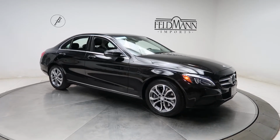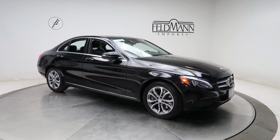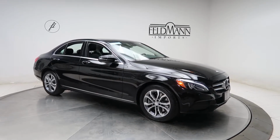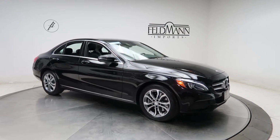Today we're taking a look at a 2017 certified pre-owned C300 4MATIC. This one's black. Underneath the hood is a 2-liter 4-cylinder turbo with 241 horsepower and 273 pounds of torque. This one has front and rear LED daytime running lights, 17-inch 5-spoke wheels,